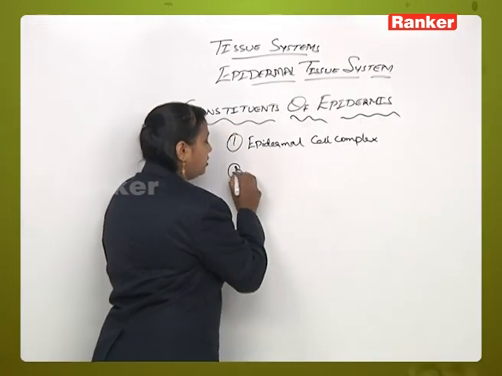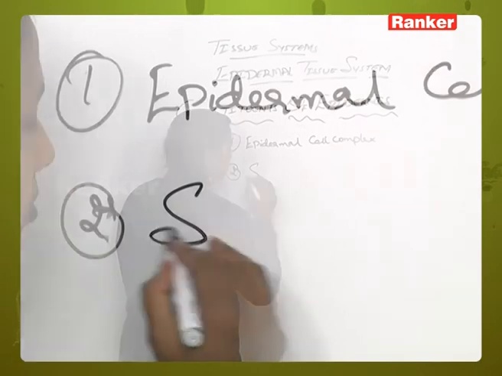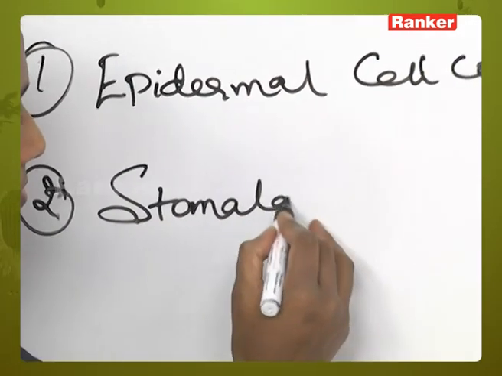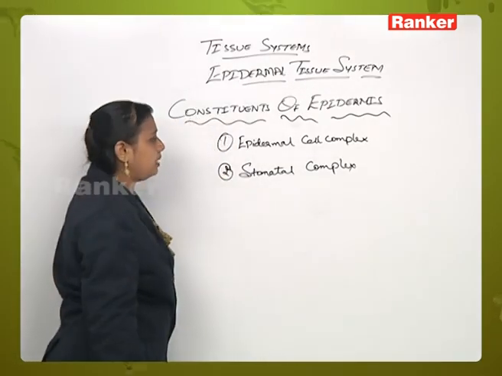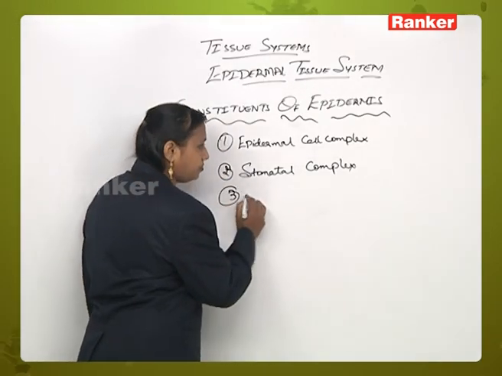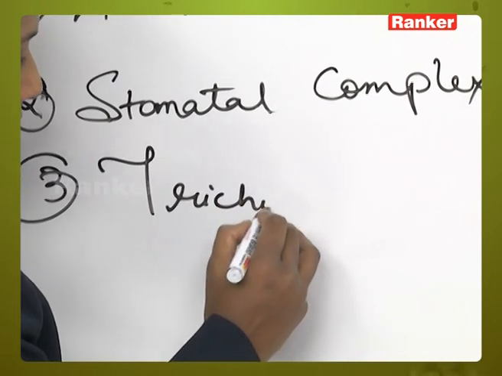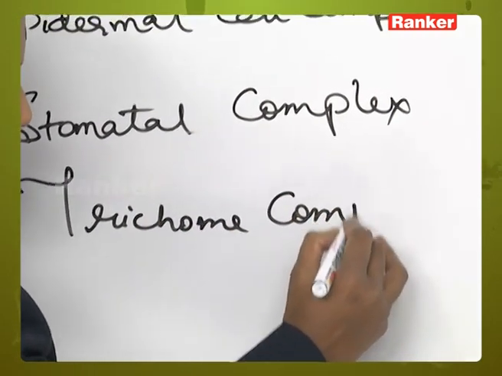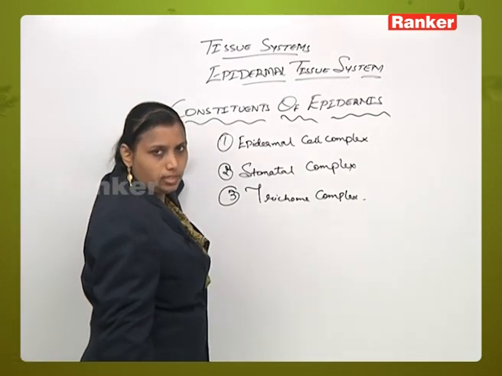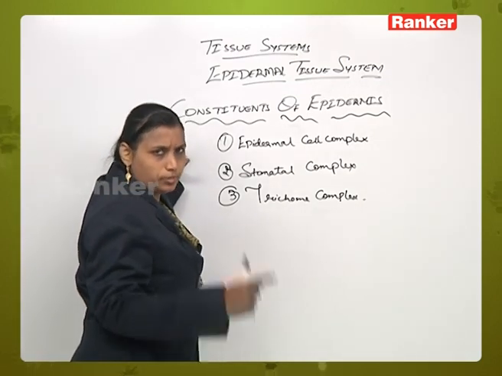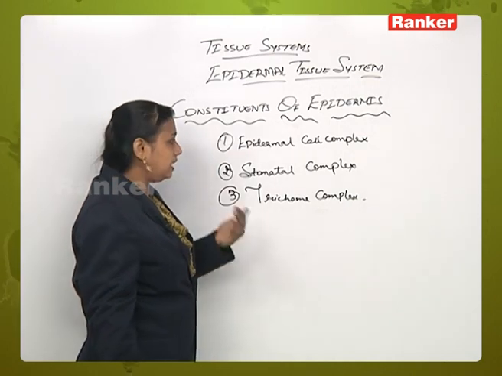Second one is called as stomatal complex, and third one is called as trichome complex. When we write an answer or when we are studying about epidermal tissue system, what we dealt earlier